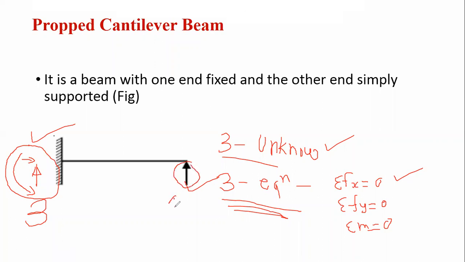It means that one unknown is extra added over here. The unknowns become 4. Total 4 unknowns are there, and we have three equations. It means that it is not possible to find out all the unknowns. One unknown is again remaining. It means that this beam is an indeterminate beam. We are not finding out all the unknowns over here. That's why such kind of a beam is called an indeterminate beam.